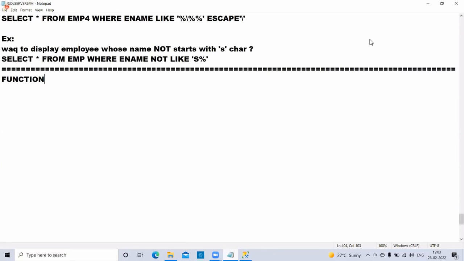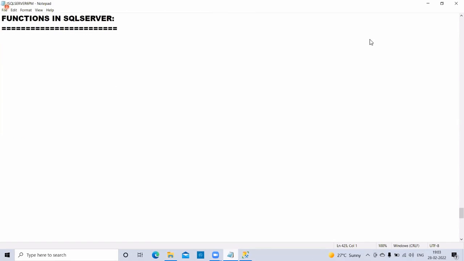The next topic is called functions in SQL Server. Basically, we will check how these functions are used in the database section. I hope you know this: if there are .NET students, Java students, C or C++ students, tell me,